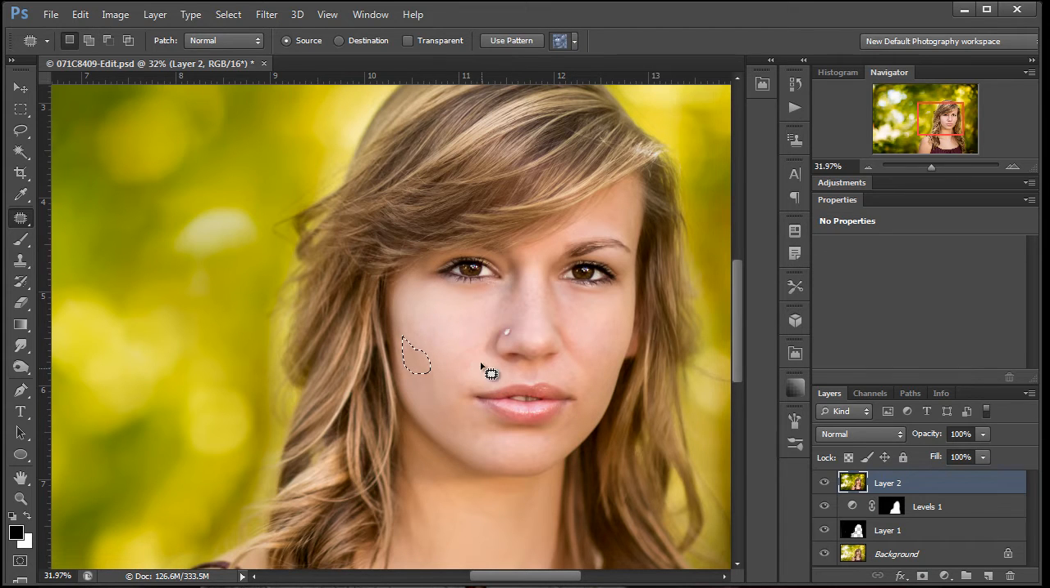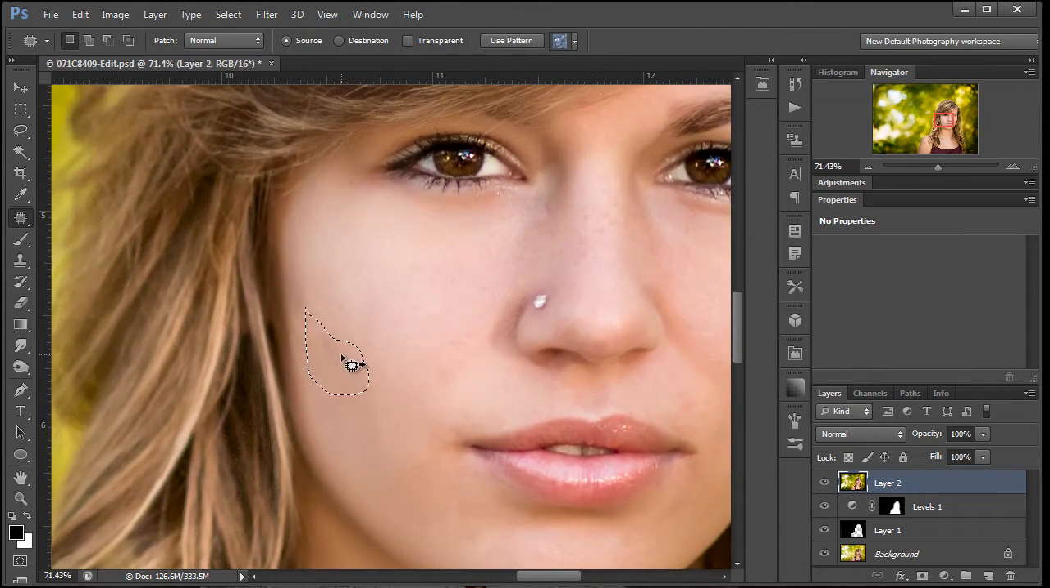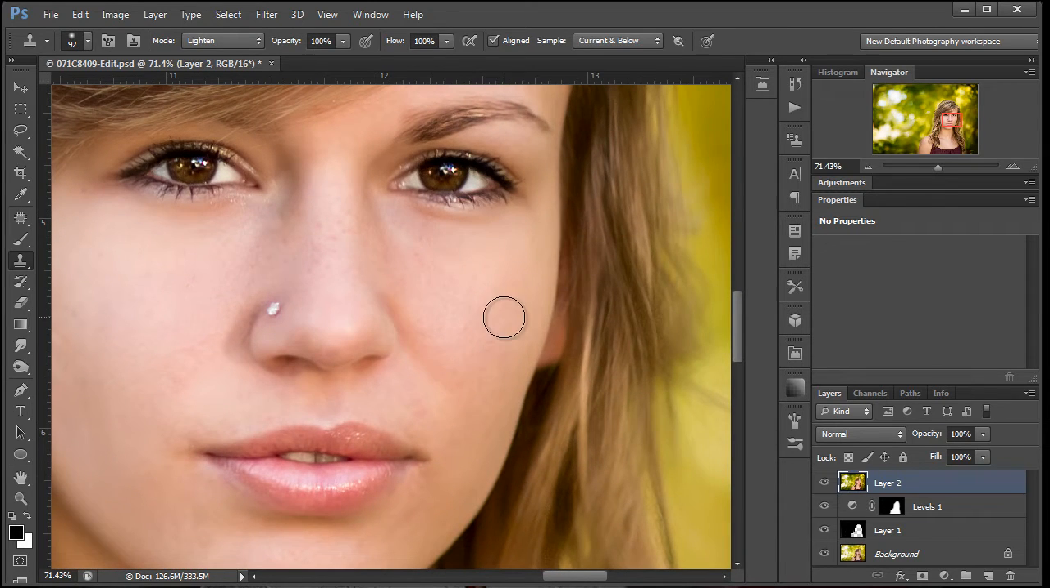Okay. Next thing we're going to do, let me zoom in a little bit more. And if you don't get it the first time, you can try moving your patch tool a few times, and you can work with that pretty well. Next thing I'm going to do is grab the clone stamp and clean up these dark areas under the eyes. See, she's got some dark areas. And I'm going to do that, but I'm going to sample